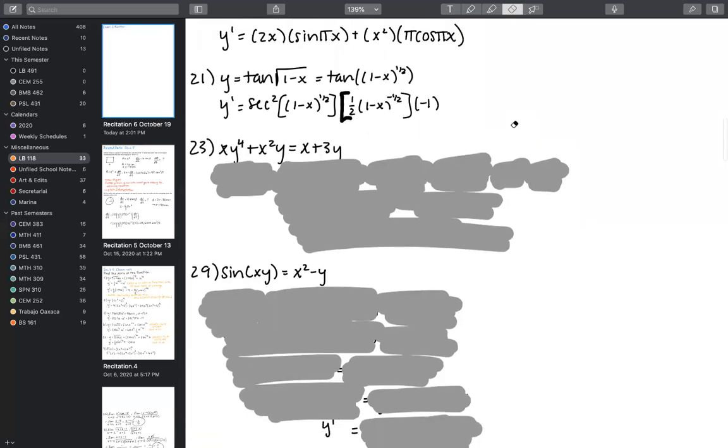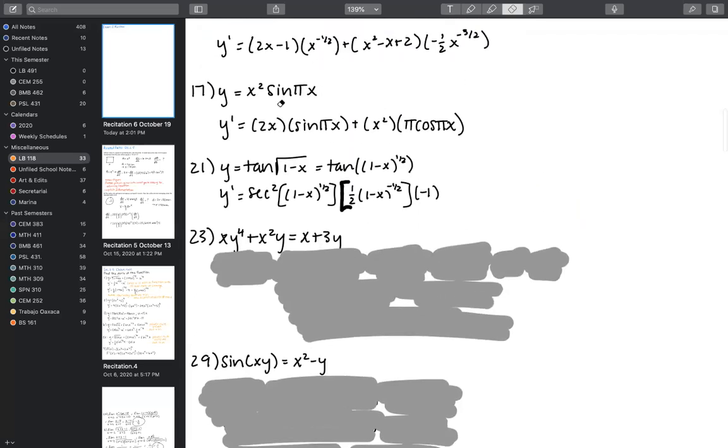All right, so now we're getting into implicit differentiation. At this point, actually, let me take a step back and talk really quick about the trig problems. I just want to remind you that as far as trig derivatives go, you need to be familiar with the derivatives of tangent, sine, and cosine, and of their inverse counterparts. And then I believe you also need to know the derivative of secant, not secant squared. That's the derivative of tangent, but you need to know the derivative of secant.